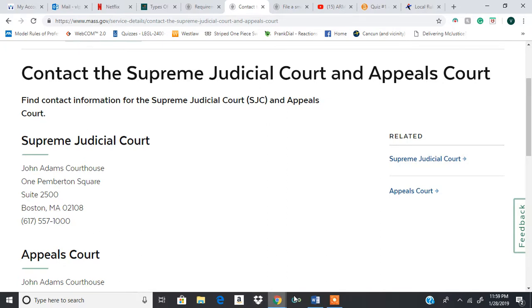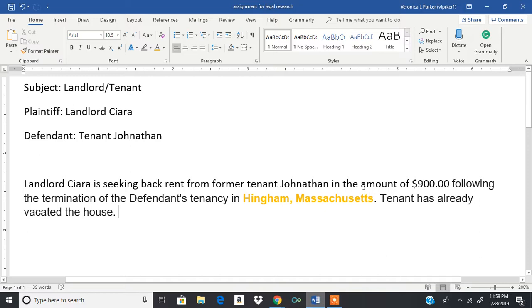Hey guys, so I have a set of facts for my jurisdiction case, and the subject is landlord tenant. The plaintiff in this case is the landlord Sierra, the defendant is the tenant Jonathan, and the landlord is seeking back rent from her former tenant Jonathan in an amount of $900 following the termination of defendant's tenancy in Hingham, Massachusetts. The tenant has already vacated the house. So the jurisdiction here is Hingham, Massachusetts, and we are filing a case to seek back money that the tenant